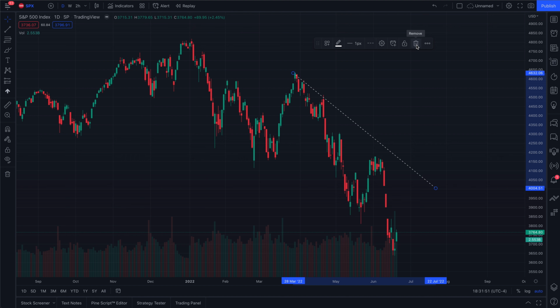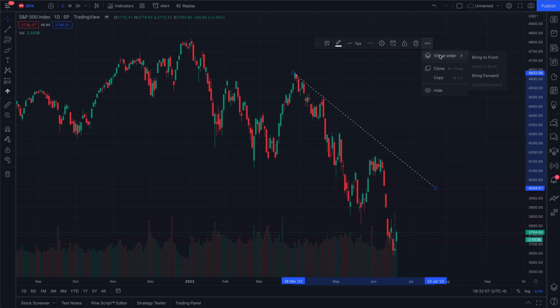The trash can, very self-explanatory. We're not going to press it. That would, of course, delete the trend line from our chart screen. And then at the very end, we have this More tab. What's underneath More? So we have visual order, and this is in reference to any sort of layering that's taking place on your chart screen. If you have multiple drawings, let's say that you have a rectangle that's